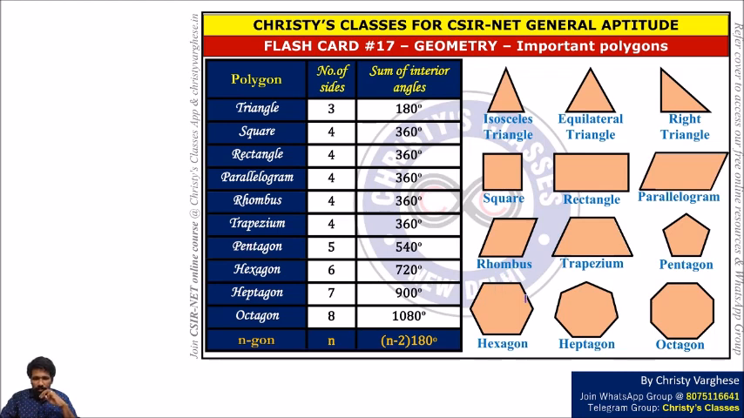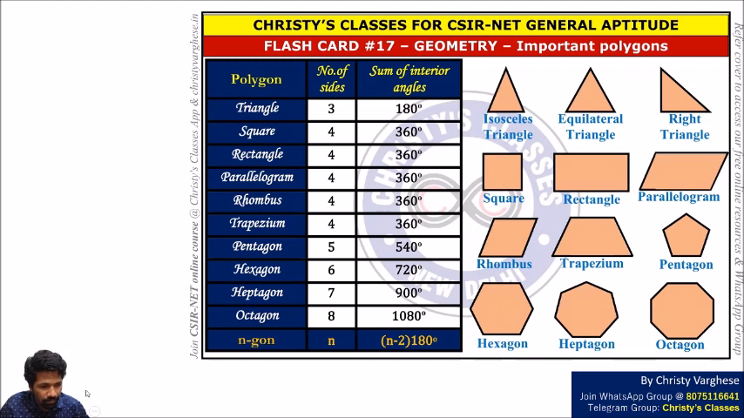Hexa means 6. So 6 gun. Heptagon means 7 gun. Octagon means 8 gun. And you should know the sum of interior angles. That will help you in many questions. And if you think that that is too much to learn, don't learn all of that. Just learn this formula I have given here. That will give you sum of interior angles for any polygon